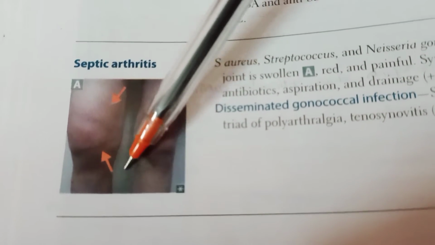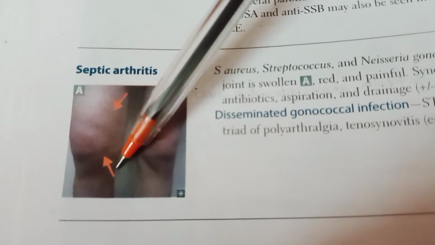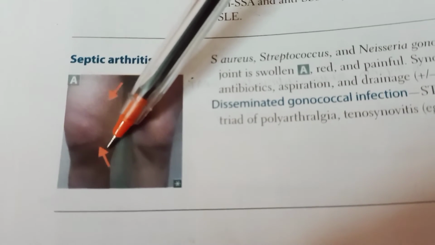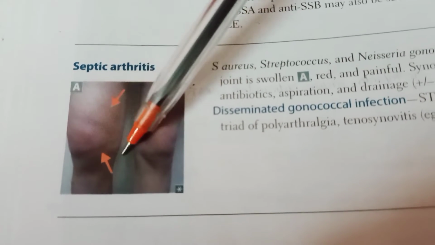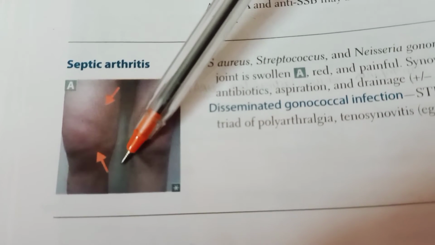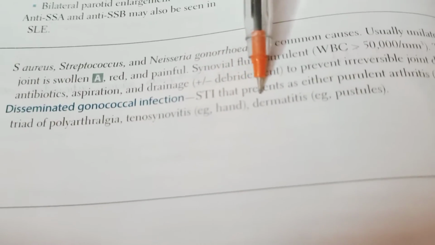It is unilateral, and the affected joint is always swollen, red, painful, and the synovial fluid is purulent. So if you take out the WBC and check, it will be greater than 50,000. So the treatment is, for sure we should give antibiotics, we should do aspiration and drainage to prevent irreversible joint damage. Okay, so especially you can see here the disseminated gonococcal infection, that is the STIs, which present